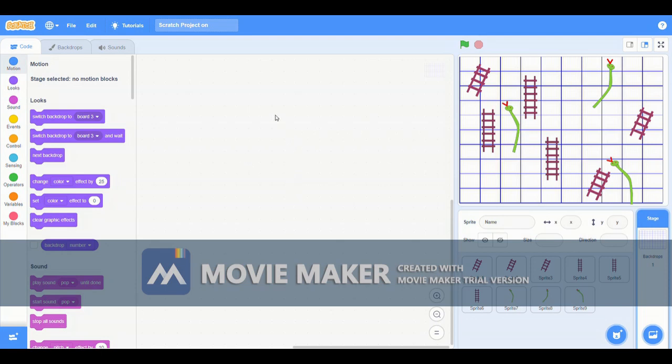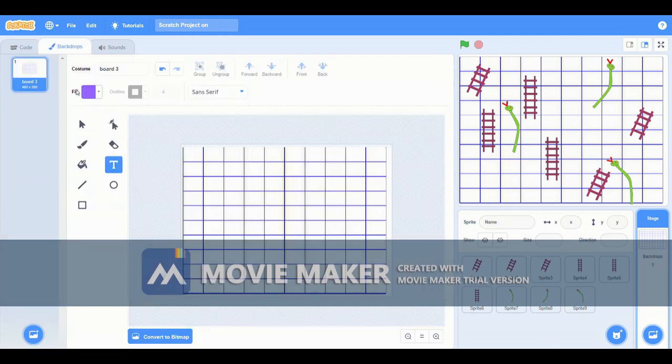And in this video, we are creating the snake and ladders game. This is the second video of the snake and ladders game. In our previous video, we created the design of our snake and ladders game. Now in this video, we will write the coding of the sprites, and then let's see how our game will work. So first of all, what we have to do, you have to number your table that you have already made,